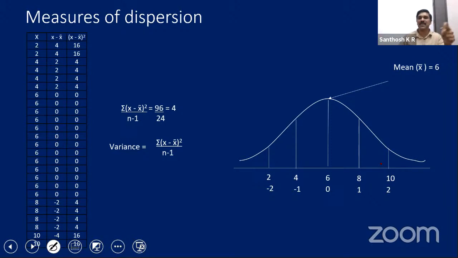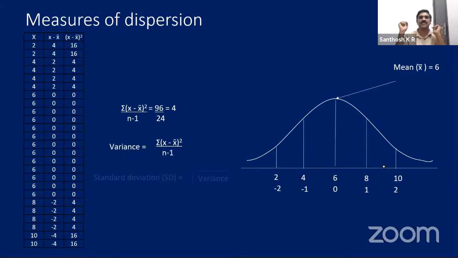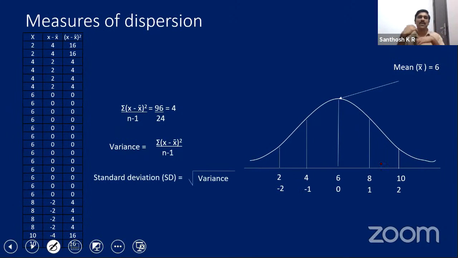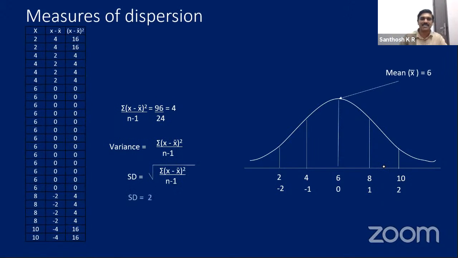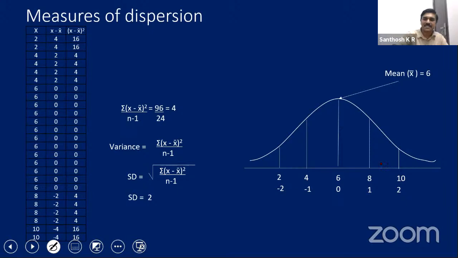And they remembered one thing. What is that? They squared here. So what did they do? They found the square root of it. And surprise. What is the surprise? When they found the square root, they understood the score is 2. That means 6 minus 2 became 4, 4 minus 2 became 2, and 6 plus 2 became 8, and 8 plus 2 became 10. For each unit, if they add 2, the standard deviation, it goes step by step.